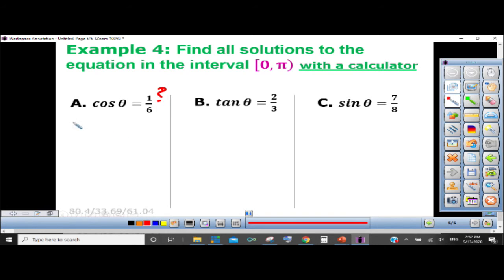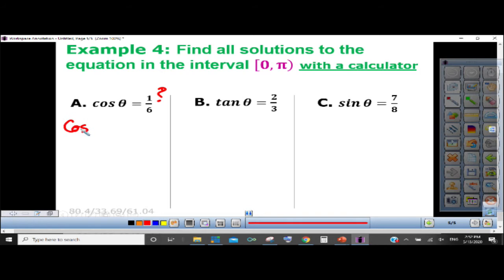So here's what you do. You say cosine inverse of this amount. If you put cosine inverse of 1/6, that's going to give you your theta or your angle. So you basically have to go to your calculator and punch that in. Most calculators have shift and then the function itself, or second and then the function, depending on your calculator. Mine has second and then the function. So I'm going to plug in second cosine, and then 1 divided by 6. And I land on